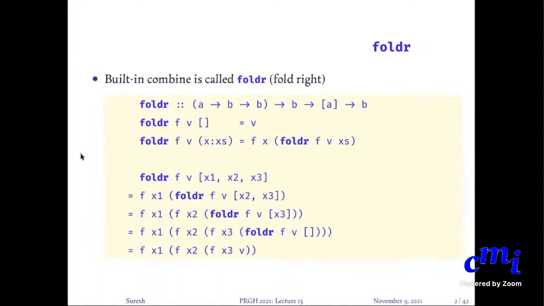So recall that we have been looking at folds. There are two versions: fold from the right and fold from the left. Fold right works like this. You have an initial value and a function, and you want to combine the elements in your list via that function using that initial value. So fold of the empty list is just v, because when there is nothing to combine, you just return the initial value. Fold of x colon xs is you recursively fold the tail with f and v, and then you apply the function f on the first element x here.